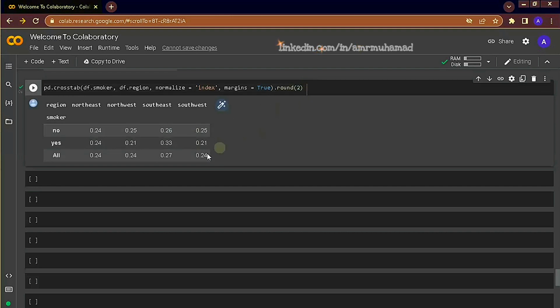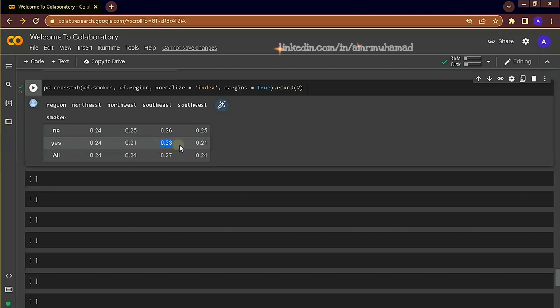We can see this distribution of smoker group across regions, and it's almost equal among all regions for non-smokers, and similarly for the smoker group, except for the Southeast region, where smokers tend to be concentrated more than any other region.